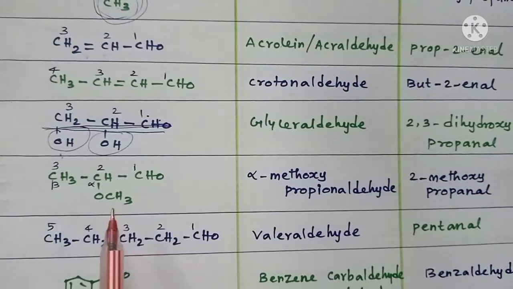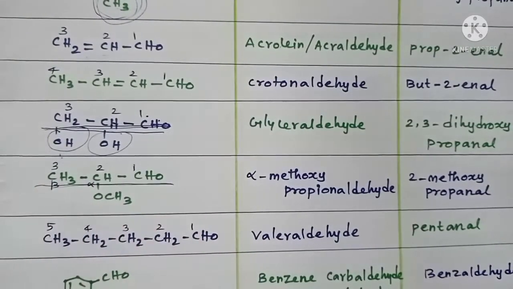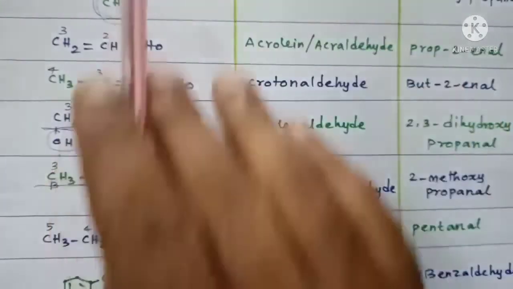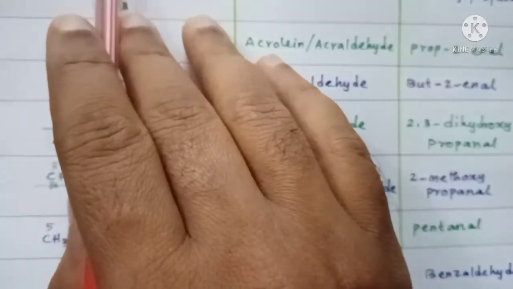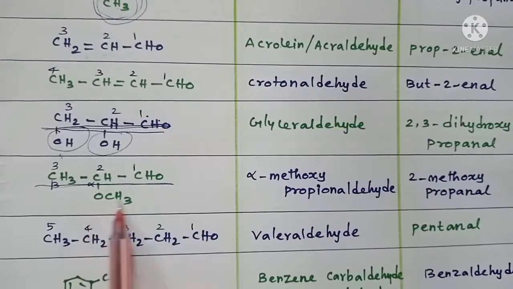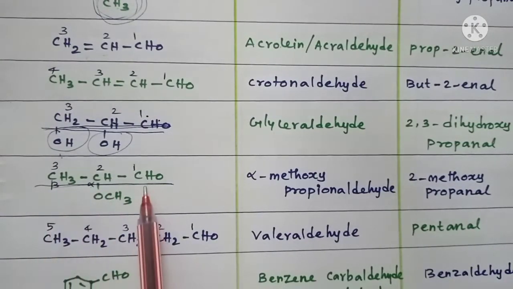Okay, right. Look at the next one. This is a parent carbon chain with 3 carbon atoms. So it's nothing but propionaldehyde. It looks similar to the previous compound, isn't it? Only thing, the hydrogen of the second carbon is getting substituted by an OCH3 group. So that's nothing but a propionaldehyde which has a methoxy group. So methoxypropionaldehyde, the methoxy group is attached at the alpha carbon. A carbon which is attached to the functional group is generally called alpha carbon. So alpha-methoxypropionaldehyde, that is the common name.